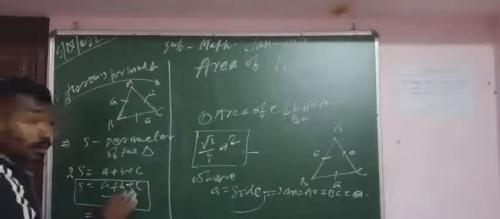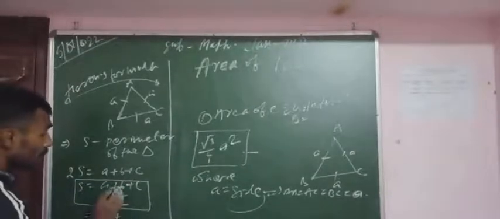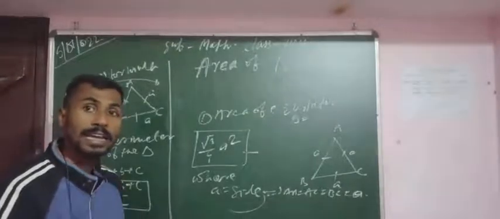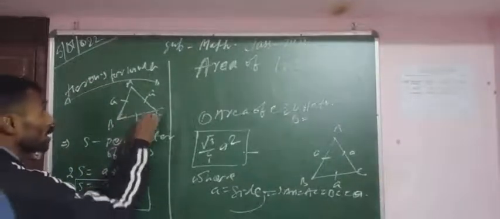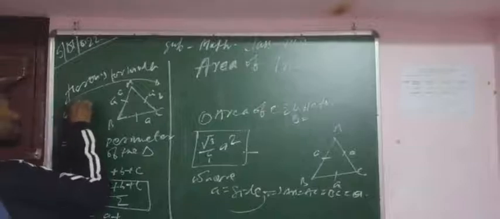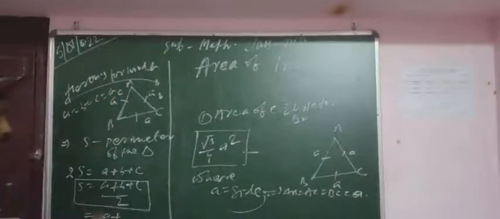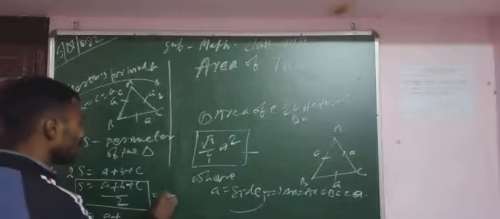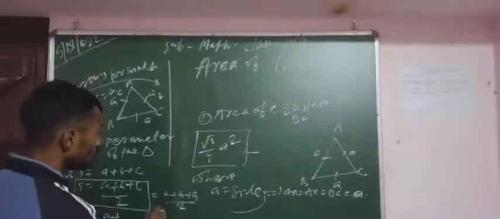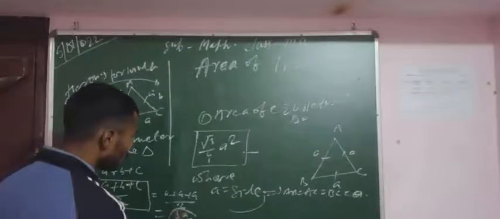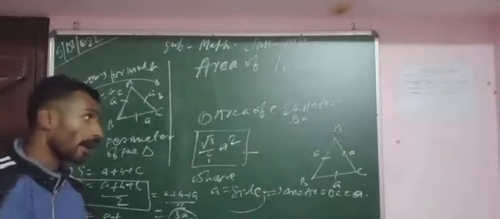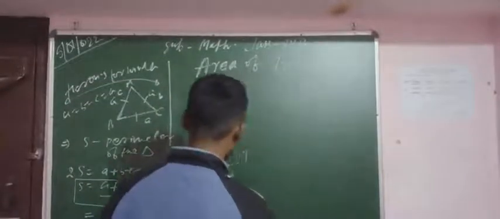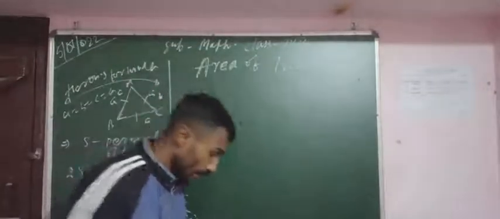अब look at this. A, B, C are the sides of the triangle. अब look at this. All sides are equal. Now suppose that it's A, it's B, it's C. And here A equals B equals C equals A. Okay, we can put A at the place of all. So we can write here (A plus A plus A) by 2, which is equal to 3A by 2. It's the semi-perimeter of the triangle.